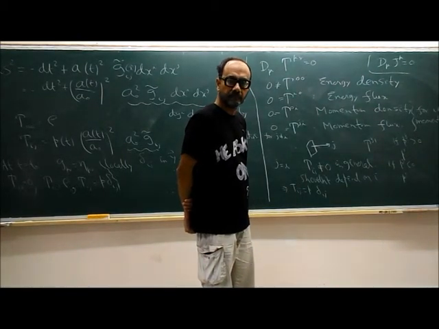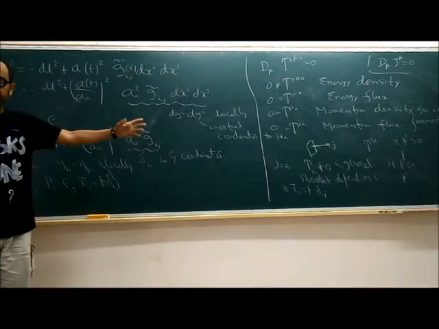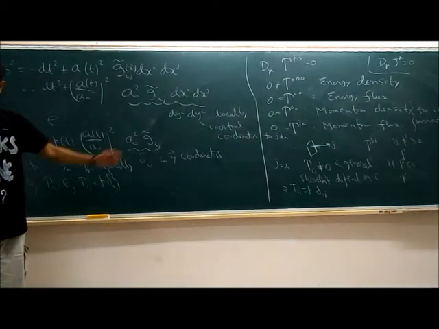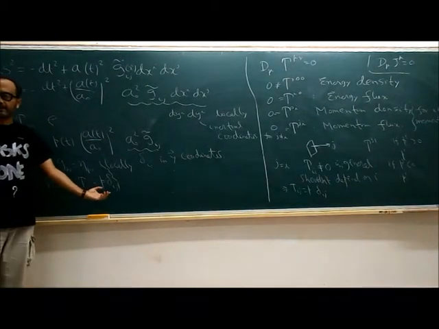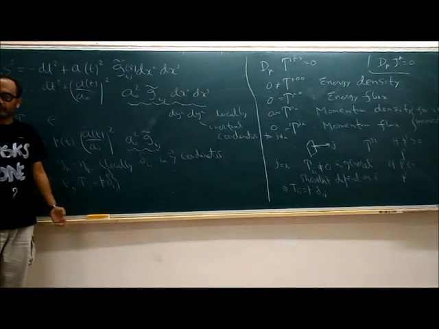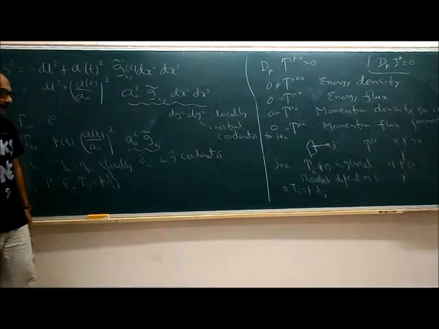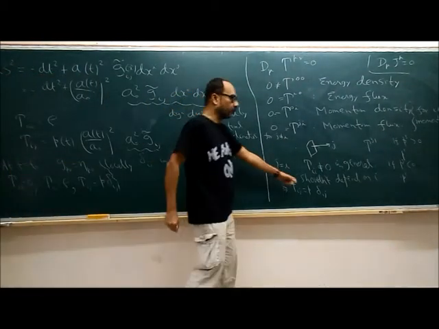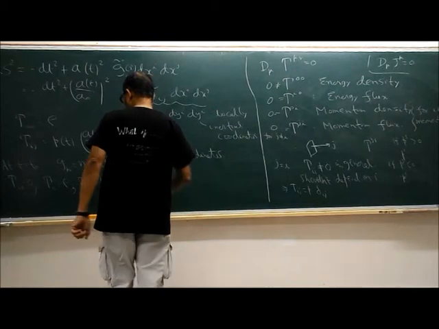Previously, we have also got this one by locality. Yes. So now I am giving a physical interpretation of why isotropy implies Tij equal to P delta ij. Previously also we said that just by requiring T to be isotropic, to be invariant under isometry, we arrive at this answer. But this understanding will also tell us how to interpret it. That's the reason I went through this in the first place.